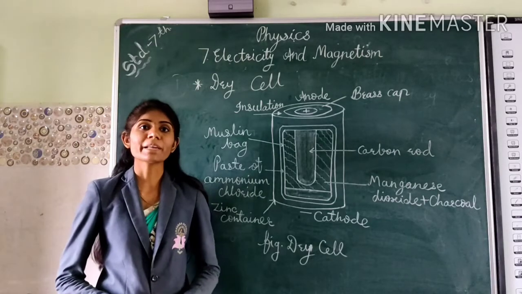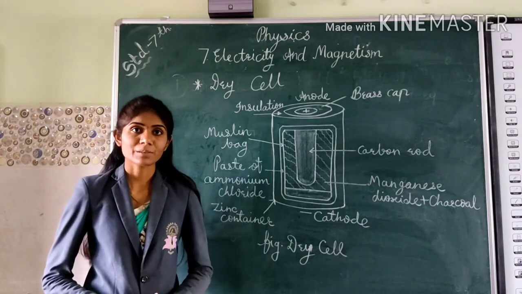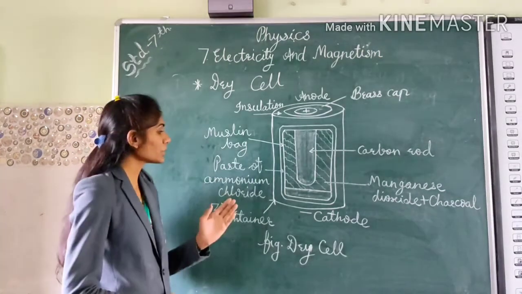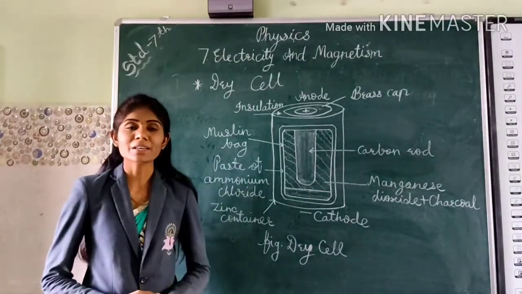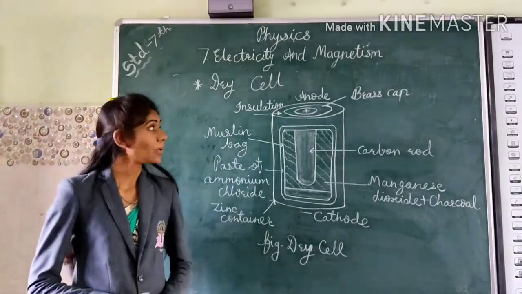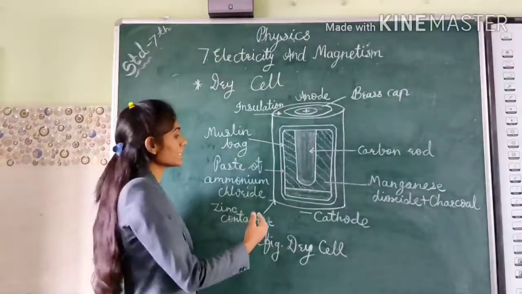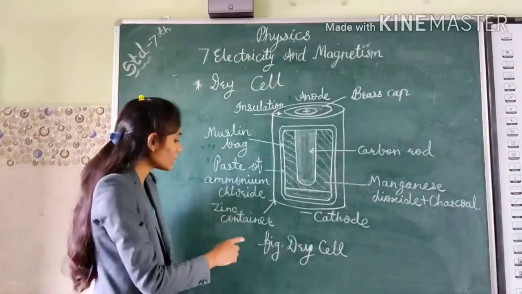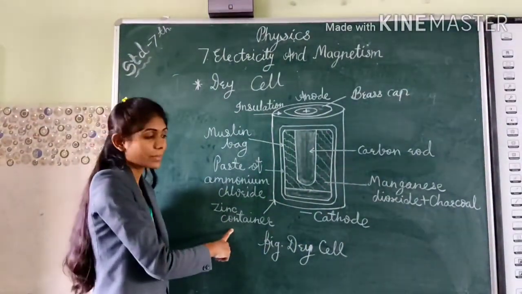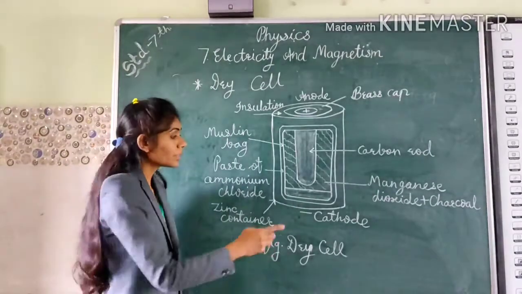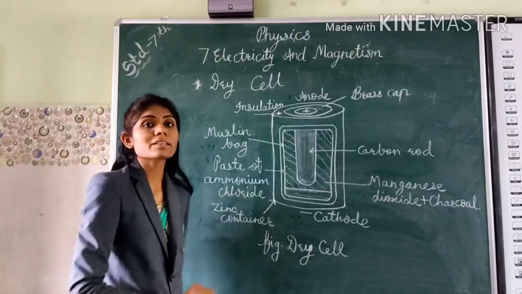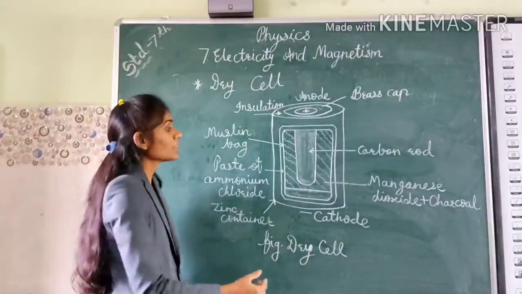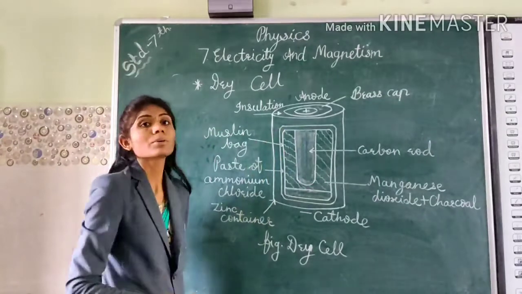The most commonly used cell is the dry cell. Let's see the structure of the dry cell in detail. The figure shows the dry cell structure. The dry cell is insulated with a zinc container. The base end of the zinc container acts as a negative terminal, called the cathode, and the carbon rod is